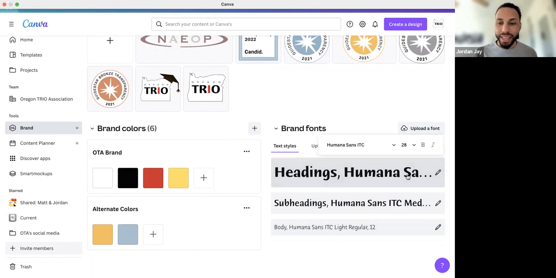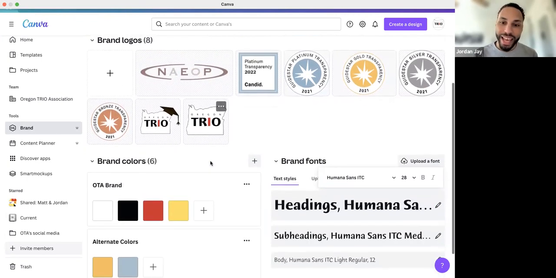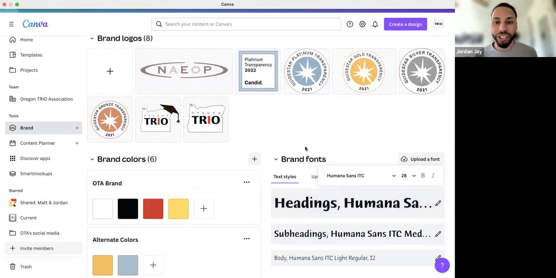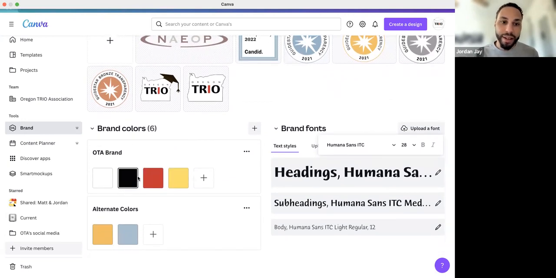This is the one that is on the logo. It took us forever to find, but it is the font on the Oregon Trio Association logo. So we uploaded that so that we can change the fonts on any of our social media posts to match the logo. You can upload your other logos, any others that you use, and your brand colors.